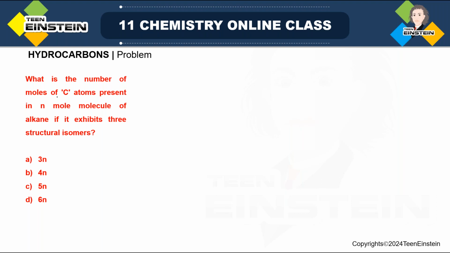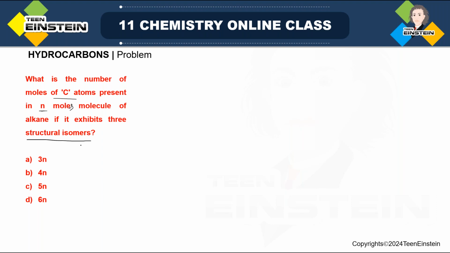The question says, what is the number of moles of carbon atoms present in n moles of alkane if it exhibits 3 structural isomers? So there are n moles of molecules of alkane given. Which alkane is not important, but suppose n moles of alkane is present. Now we have to find the number of moles of carbon in that particular alkane, provided it exhibits 3